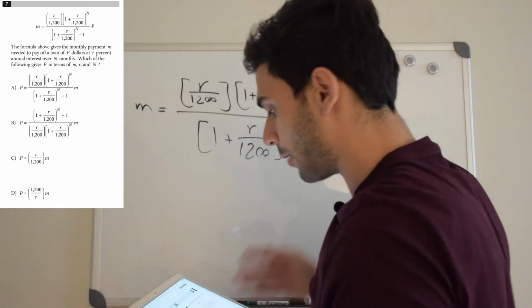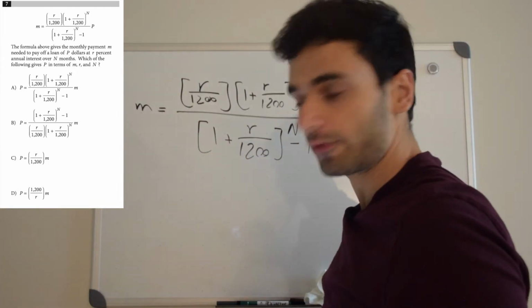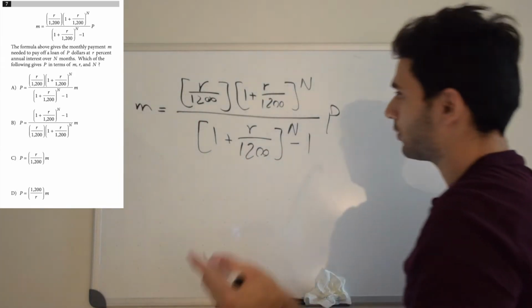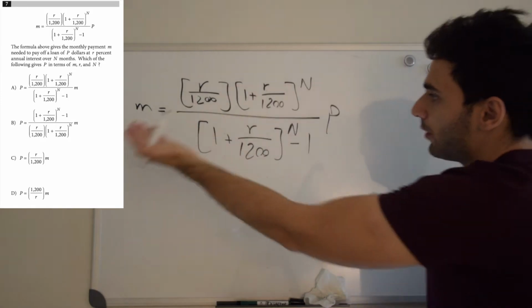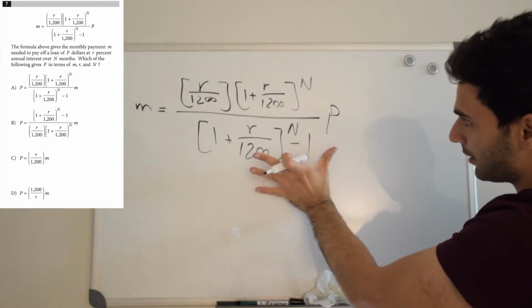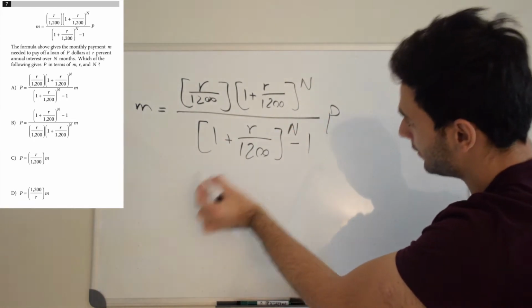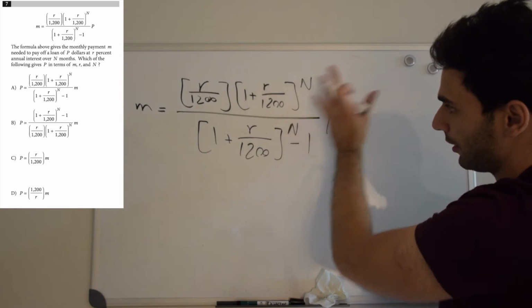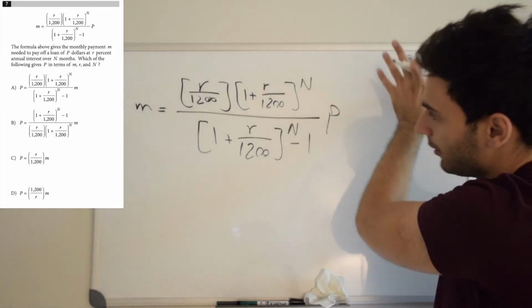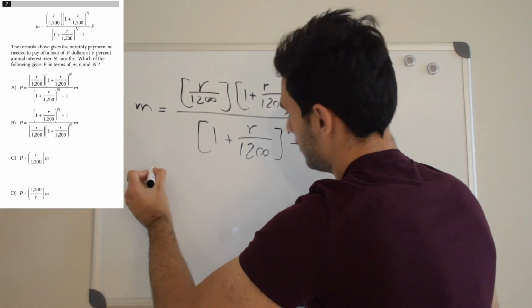So I want to isolate P and put everything else on the other side of the equation. So what should I do? I'm gonna multiply both sides of the equation by the denominator. When I multiply this side by the denominator, it will be cancelled out by the one that I multiplied, because I multiplied the denominator, right? And the other side, I will end up with M